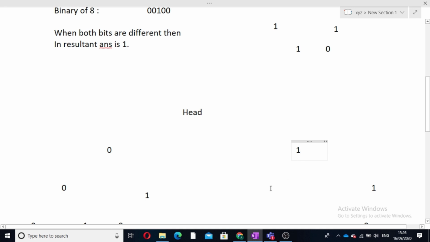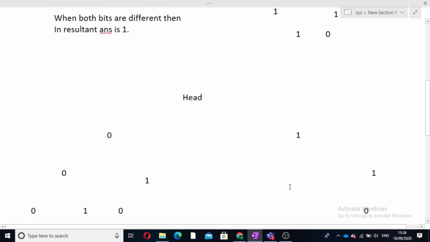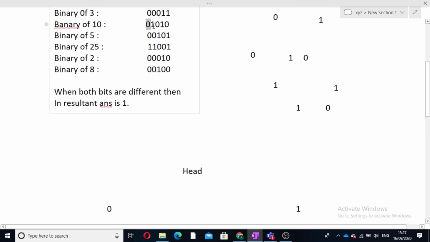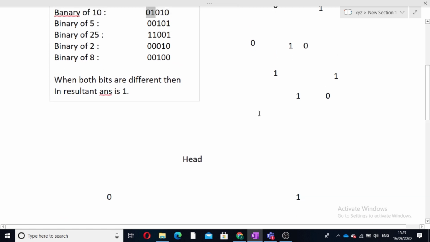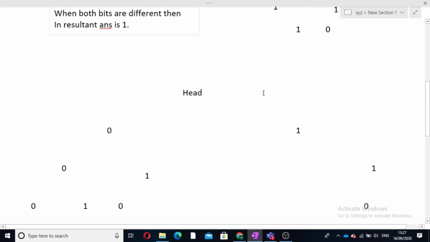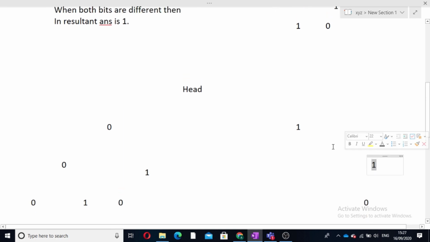We can see that this space is empty. This means 0 does not exist. So in this case we will move towards the right, else we will move towards the left only. So we will have to skip this side. So now we have moved towards the right and our work for the second bit is over. These two bits are over. Now comes the third bit, that is 0, and now currently we are in the trie at this node. So now our bit is 0.